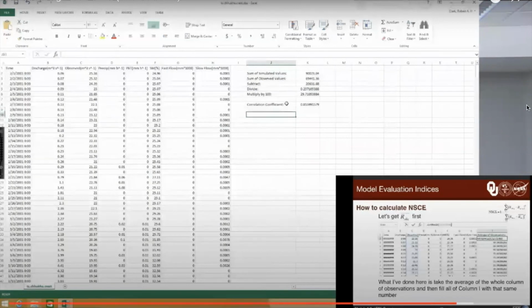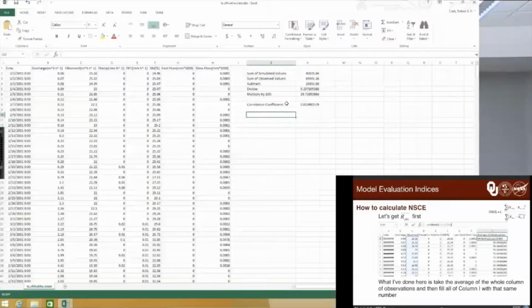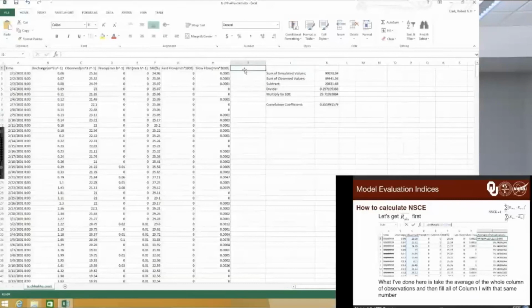So let's get R overbar obs first. The overbar means average. So we're going to take the average of all observations. And here in Excel, I'm going to do that in column I. So I'm going to call this average of observations. And I'm going to type equals average, and then parentheses, and I'm going to do C,